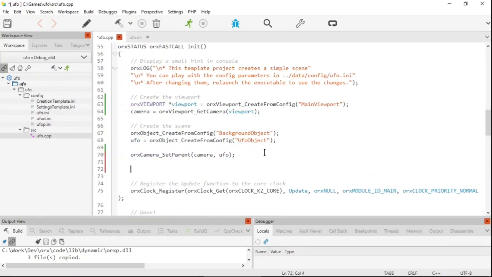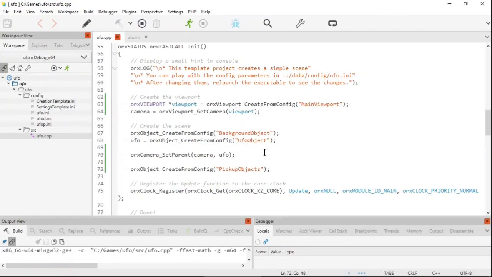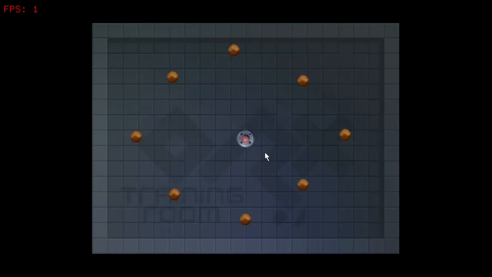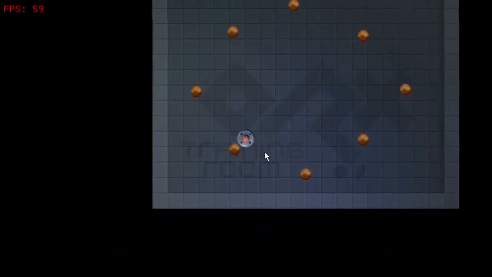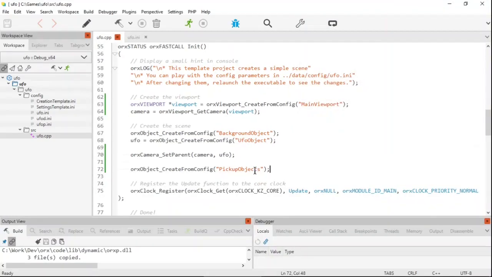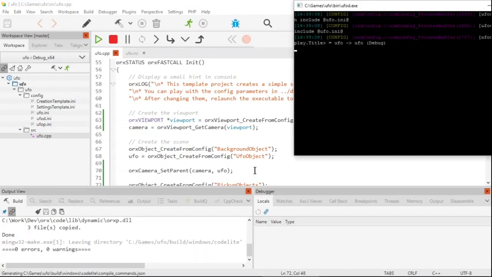And the way we do that is just like we did before. We'll create the object from the config, giving it the name pickup objects. And that'll give us 8 of those objects on screen, as it's a container. Alright, there we go. Very cool. At the moment, obviously, we don't have any bodies or collisions or anything happening, so we just pass straight through